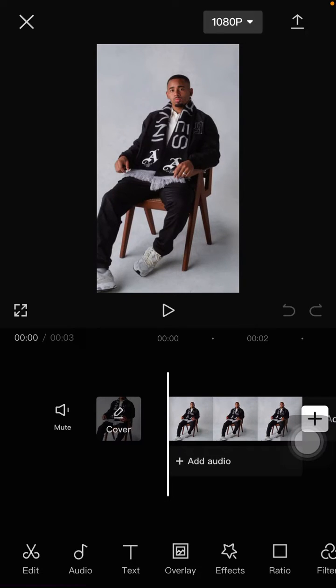In this simple video, I'm going to show you how you can create an enemy in the CapCut app. Okay, basically it's super simple, but maybe there are some of you who don't know, especially those who are new